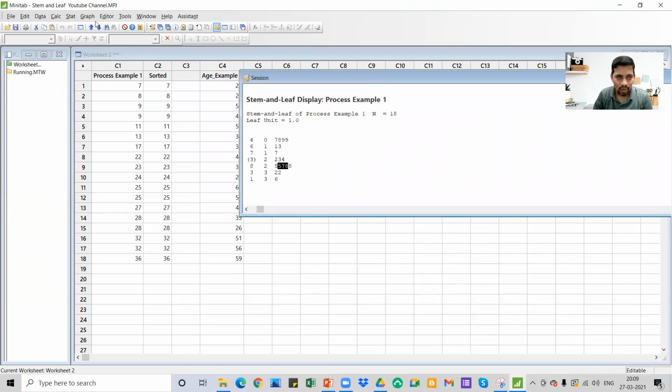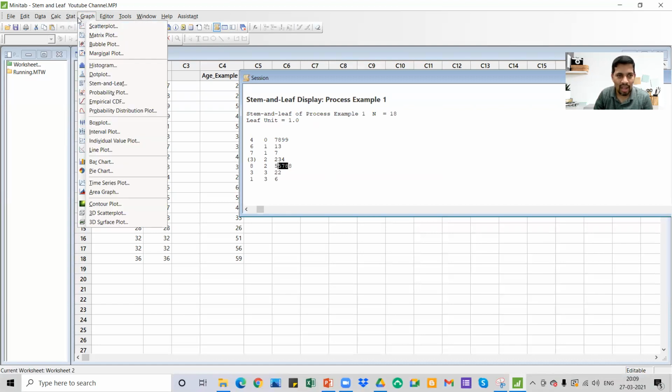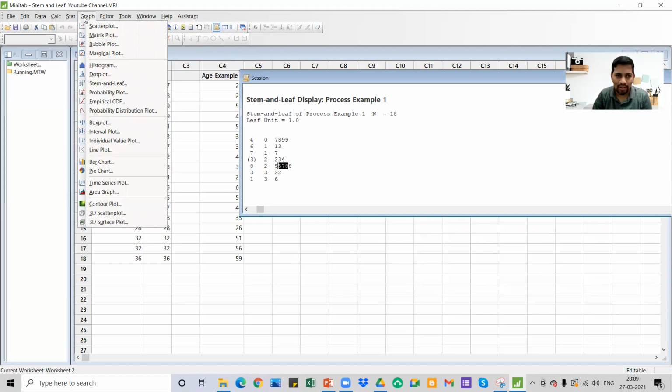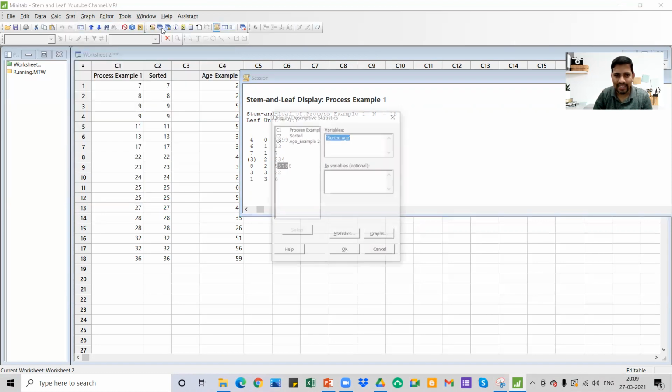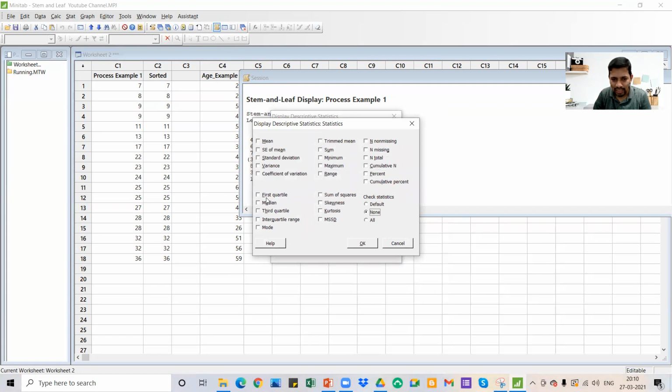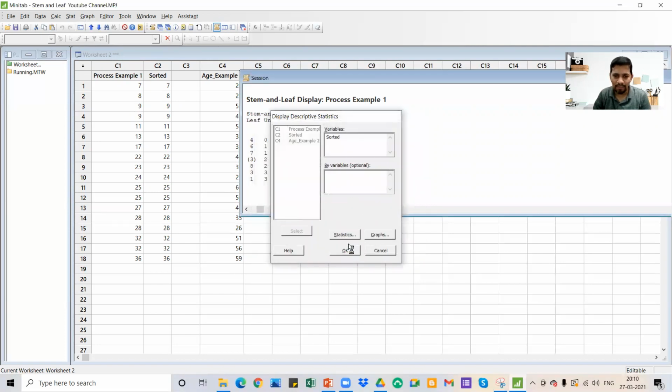Now what I will do is go to graph. I wanted to split the cycle time, to find out what is the low cycle time and medium cycle time. To do that, I will go to graph, basic statistics, and I'm going a little bit advanced now. Give F3 and you will pick up the sorted value. And in that sorted value, I will pick only first quartile, median, third quartile, minimum, maximum. That's it. I'm going to give okay.